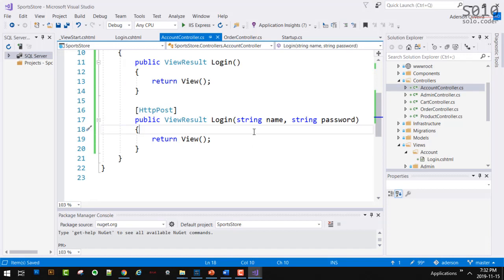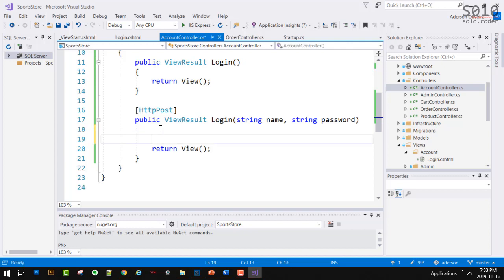Now we have to start to validate this post. As best practice, whenever you are creating the post action, check if the model state is valid to make sure that we address required fields, and any kind of validation that might be happening with our form.